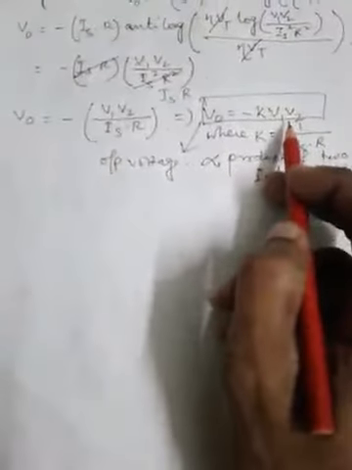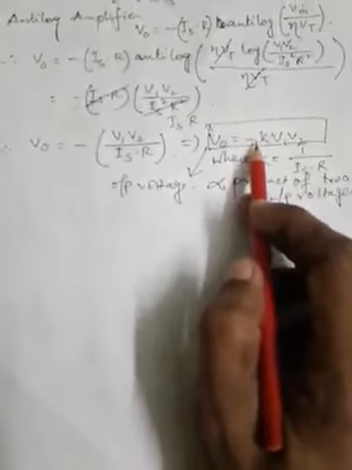So for understanding the transconductance part over here, because this is the output expression for the analog multiplier, if we want to introduce the transconductance part in this expression, or rather if we want to explain this expression using the concept of transconductance, let us once again go on to see the circuit. So this was the circuit for the analog multiplier.